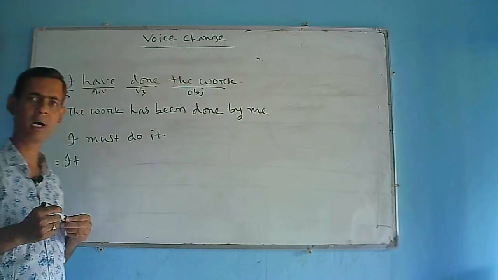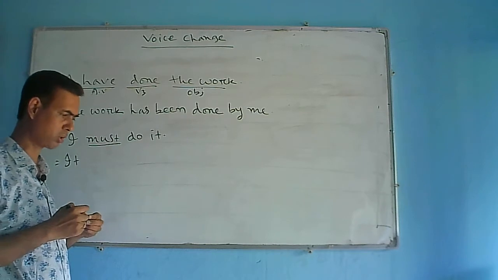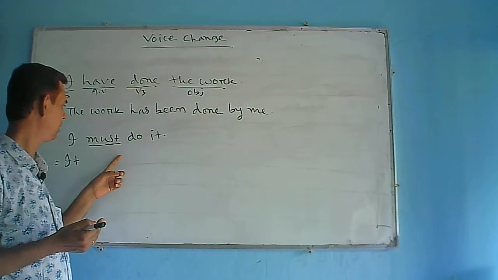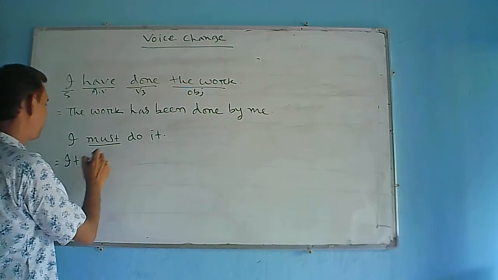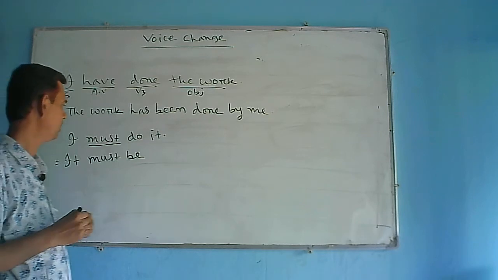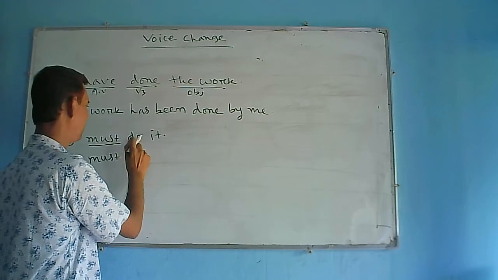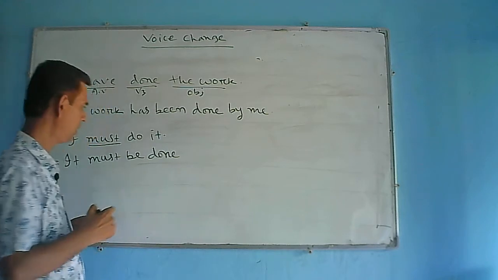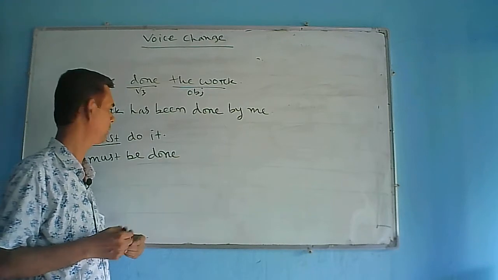Secondly, the auxiliary verb of passive form will be used. Here, must. This is a modal auxiliary. If there remain modal auxiliaries, after modal auxiliaries, be will be used as the auxiliary verb of passive form in a passive voice. So after must, be will be used. Must be. Thirdly, the past participle of verb will be used. Here, do. What is the past participle of do? Done. Fourthly, additional part. Here there is no additional part, that is why we need not write it.